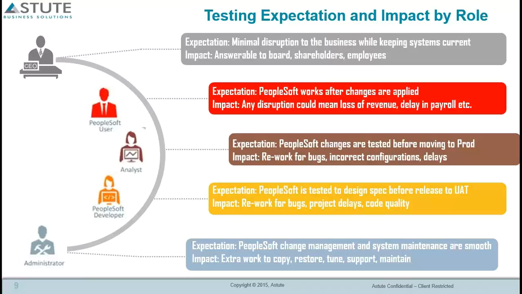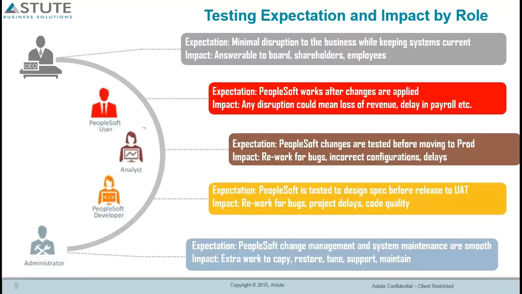It can have enhancements, it can be better, but at a minimum, whatever I had working today should continue to work the same way so that my business functions are not disrupted. And the downside of not having that expectation met is, you could not be able to pay your vendors on time, payroll runs could be impacted, employee onboarding services could have a problem, benefits and things like that could be impacted. So really org-wide impacts from a business user standpoint.